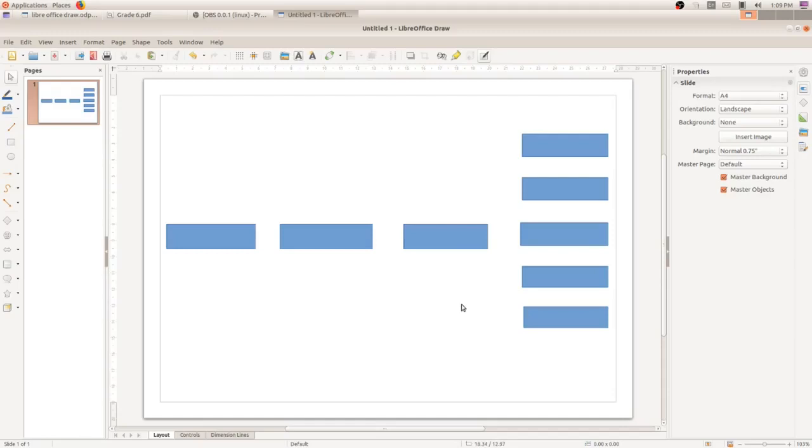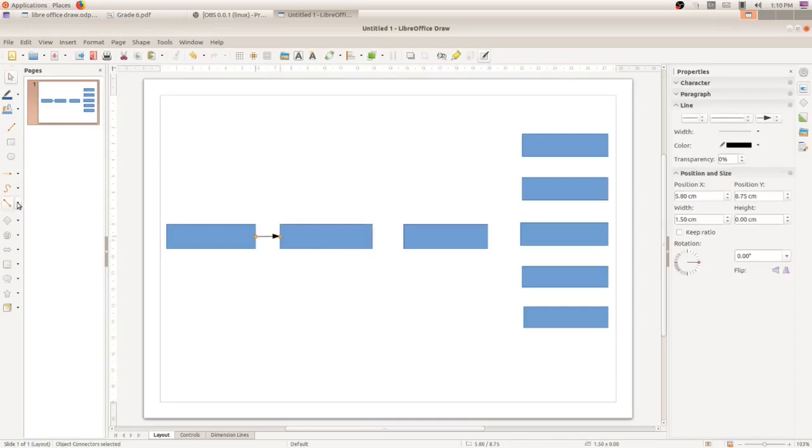Now I am going to use the connectors to connect between the shapes. So you can see here the connector tool. Click on straight connector. Use the glue points. You can see 4 glue points. Use this glue point to connect to this glue point.